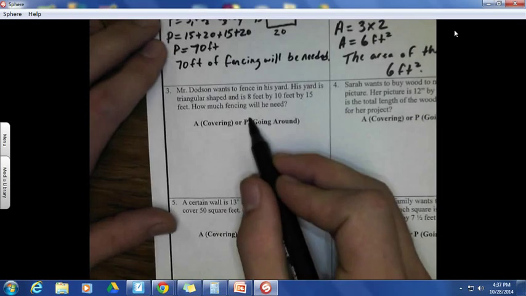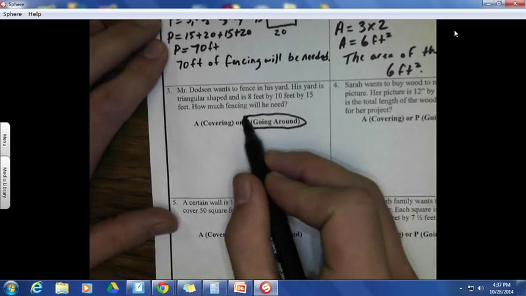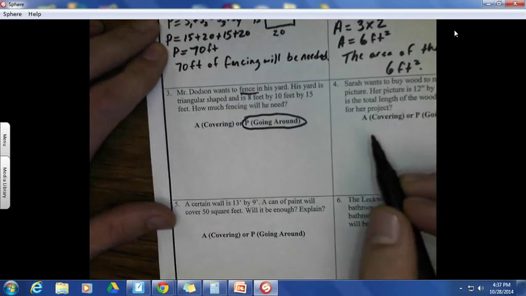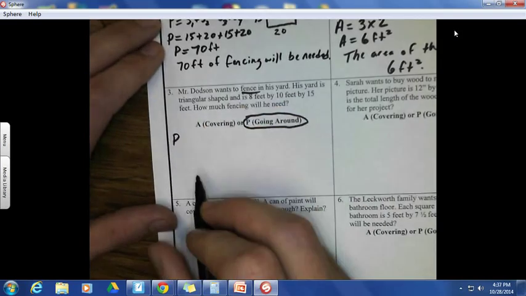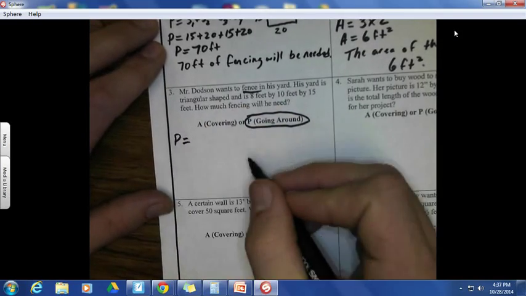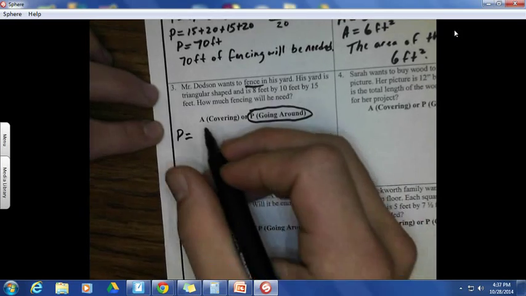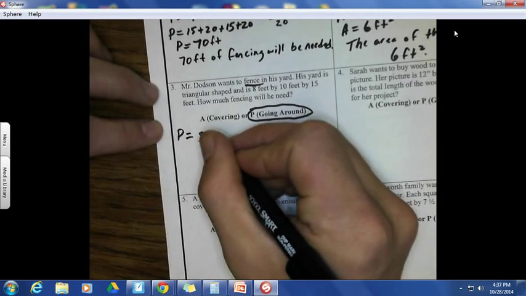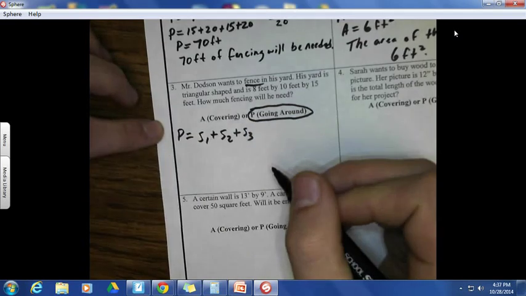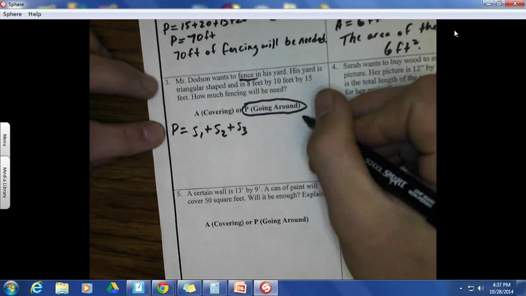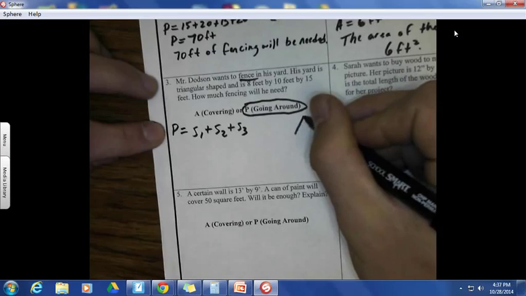Well, we are going around because it's a fence. Okay, so we are going to use the perimeter formula. Perimeter for a triangle is just side 1 plus side 2 plus side 3, because triangles of course have 3 sides. So here's our triangle,